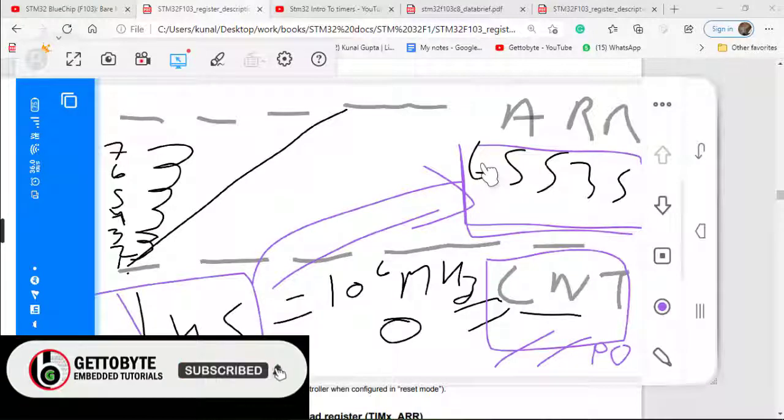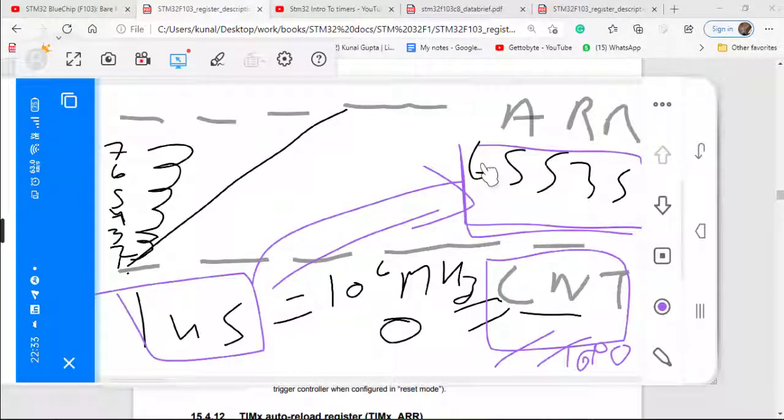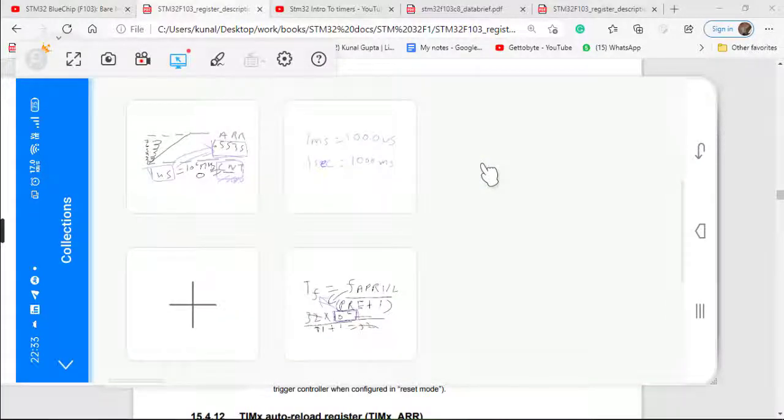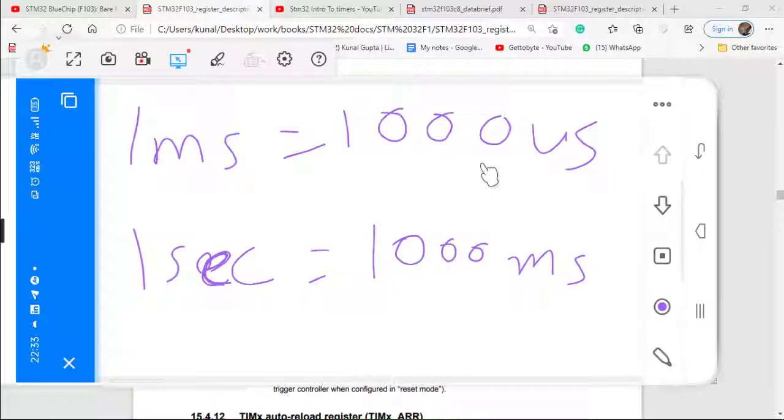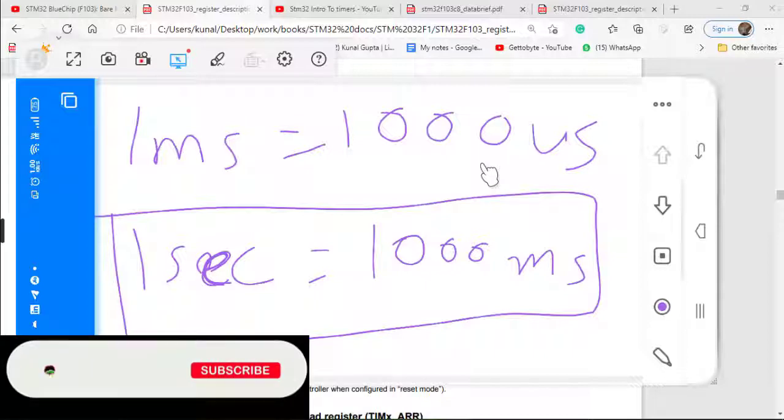Each transition 0 to 1 to 2 till 1000 takes 1 microsecond, so 1000 counts give 1000 microseconds, which is equivalent to 1 millisecond. Thus we are going to generate 1 millisecond of delay. In the same way, for generating 1 second of delay, we will call our 1 millisecond function 1000 times. That's the kind of thing we are going to do.